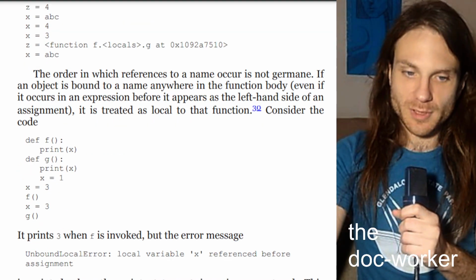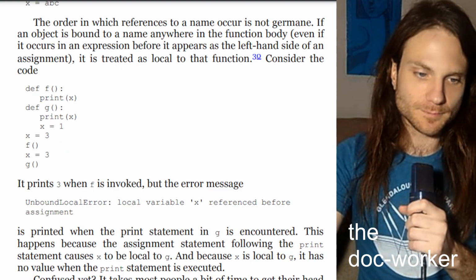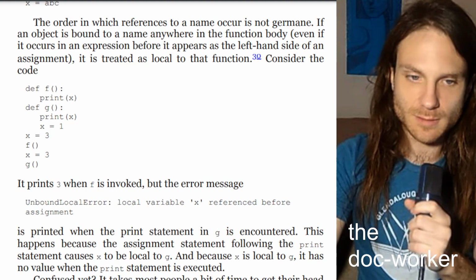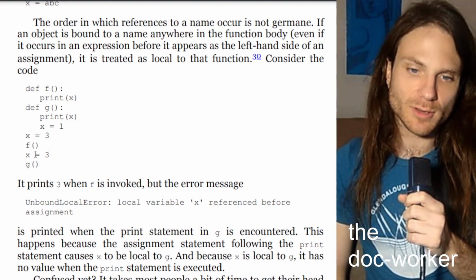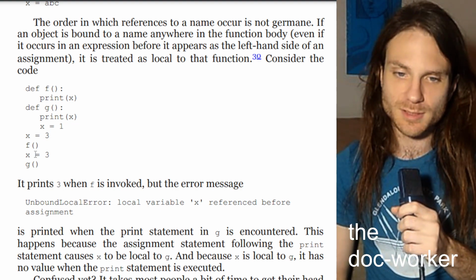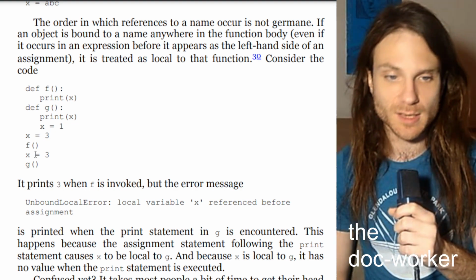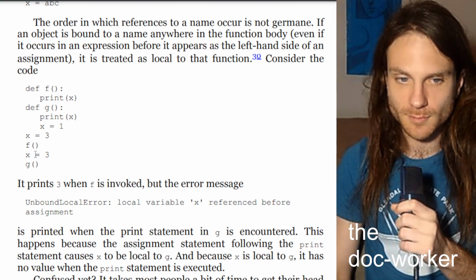The order in which references to a name occur is not germane. That is, it's not relevant. If an object is bound to a name anywhere in the function body, even if it occurs in an expression before it appears as the left-hand side of an assignment, it is treated as local to that function. Consider the code,